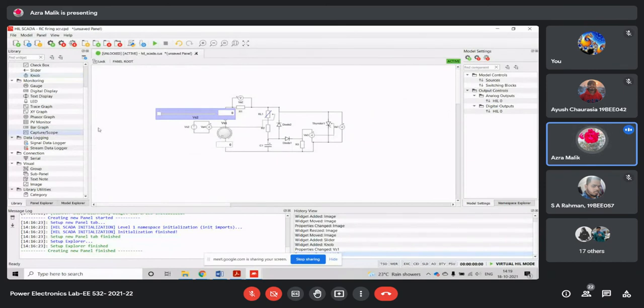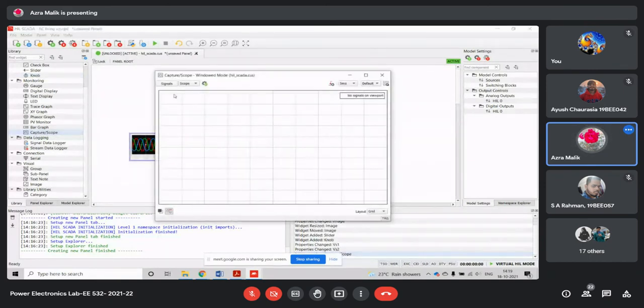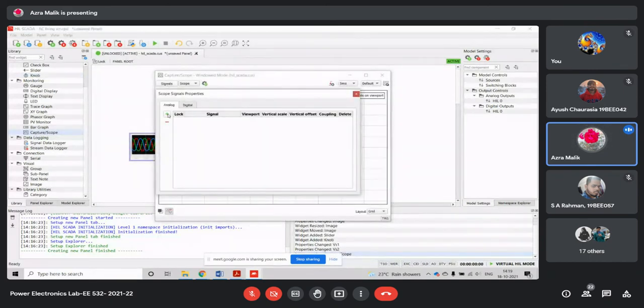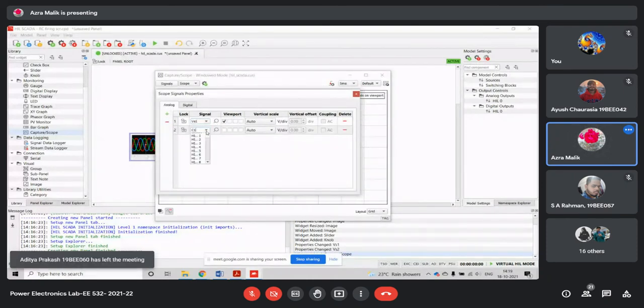Now we can import this capture in scope. First of all, the input voltage source, which is VS1. Next we can see VA3.